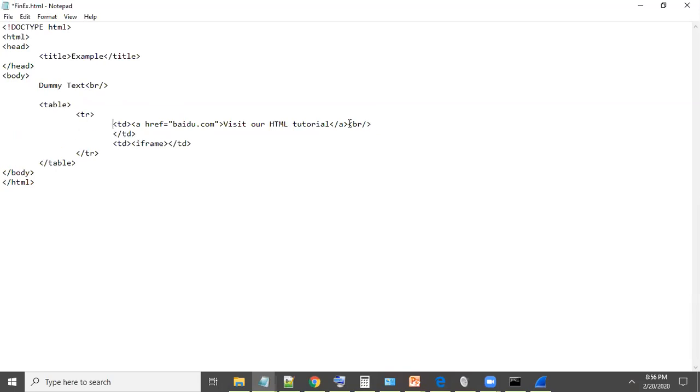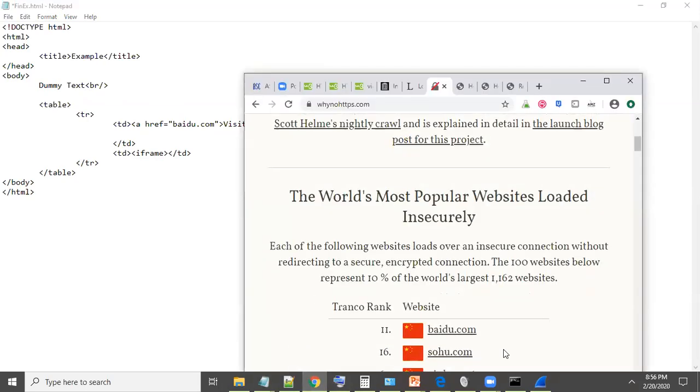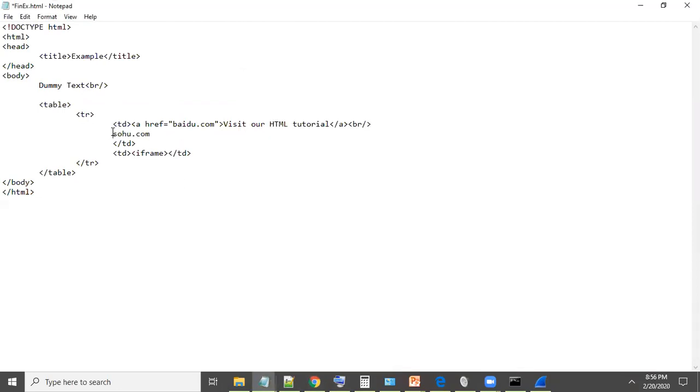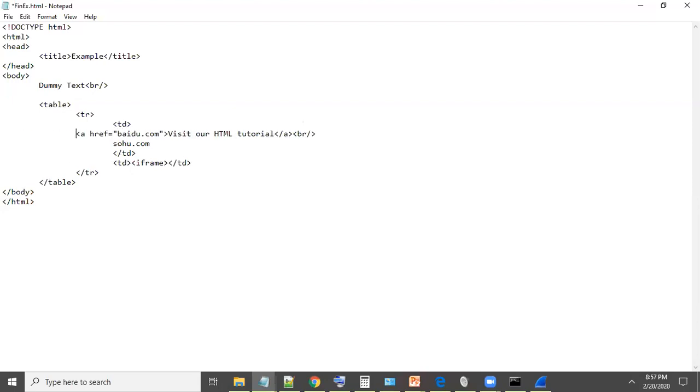Okay, so let's create a link for this particular website. Next, we're going to create another link for sohu.com. So help me fill out the actual text that goes around it. We're going to create another anchor tag. How would I do that? So we'll have TD. TD? No, the TD actually creates the column in a table. Okay, right. So what would the actual anchor tag information be? The same as above. Instead of Baidu.com, it would be Sohu.com and everything would be the same. Yep, you got it.